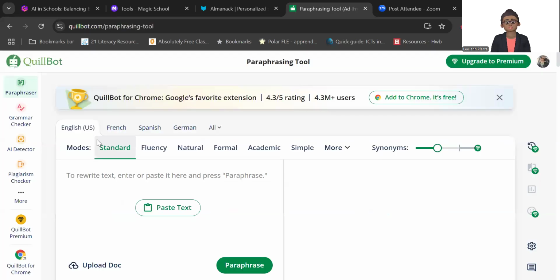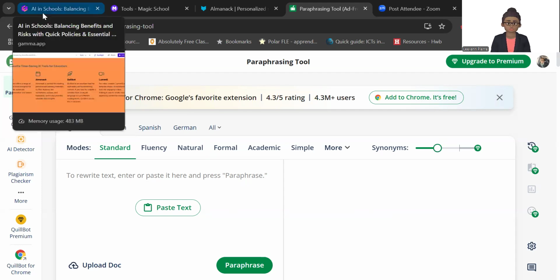And the paraphraser works in different languages, so it's not just for English users, and you can use it as a teacher, but it also helps your students who might be having difficulties writing. They can upload a document and ask it to paraphrase. You can write a sentence and ask it to paraphrase. So a really good tool in terms of improving writing.